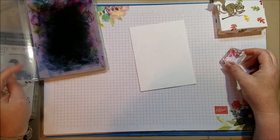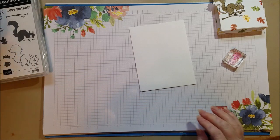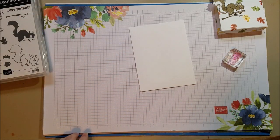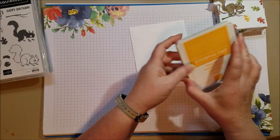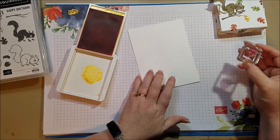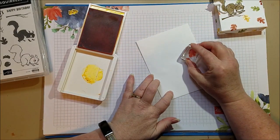So I'm going to create a background using the leaves. So I'm just going to grab some fun colors. I think I wanted some yellow. I think I grabbed Mango Melody, just so it has a slight orange to it. And so I'm just going to stamp. And the mango one, I'm going full strength. And I'm just going to stamp